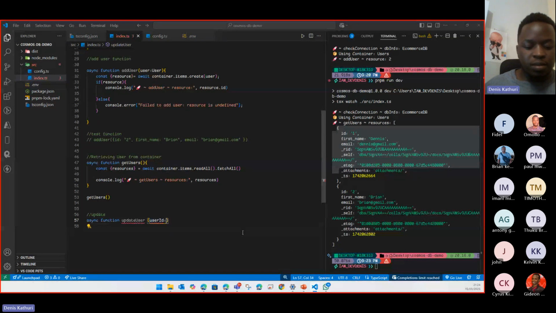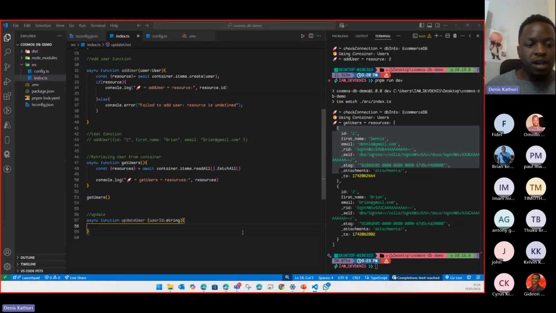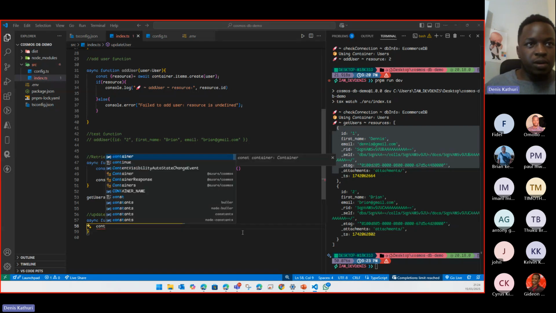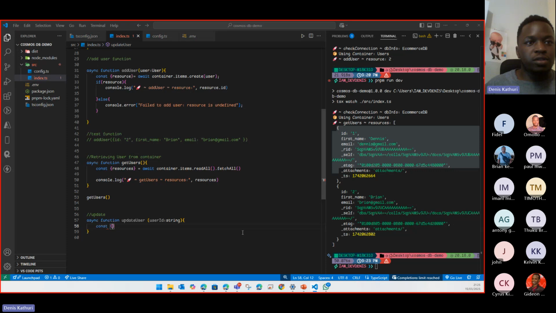And this ID must be of type string. And in the function, we want also to store the object from our await, from our promise. So const resource,